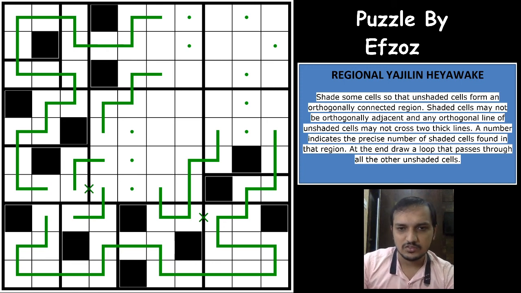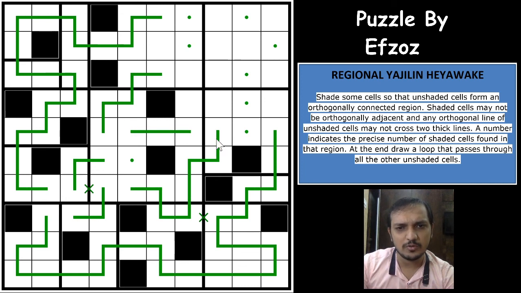Oh, a simple logic, guys, we missed that. So this way the thick borders, two borders are crossing here, so this would have to be a shaded cell, right? So this becomes unshaded now, and which means that one of these three cells again. So this cell cannot be shaded, then you'll have an odd number of loop segments coming inside, right? So this would have to be unshaded, so one of these two cells would have to be shaded, right?